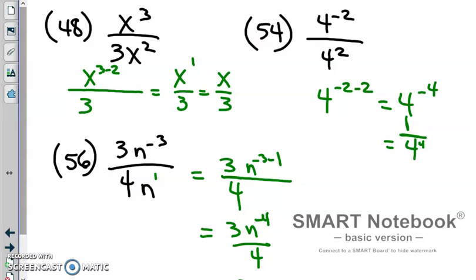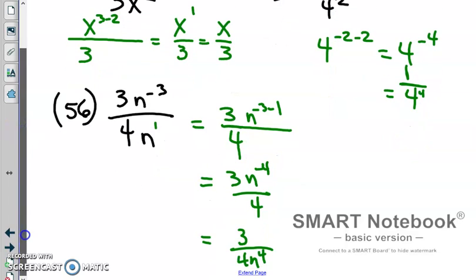In problem 54, we subtract the 2 exponents, so negative 2 minus 2, we get x to the negative 4. Because the exponent's negative, we move it into the denominator, so it becomes 1 over x to the 4. In 56, the 3 and the 4, we don't do anything with, so we subtract the exponents, and our final answer is